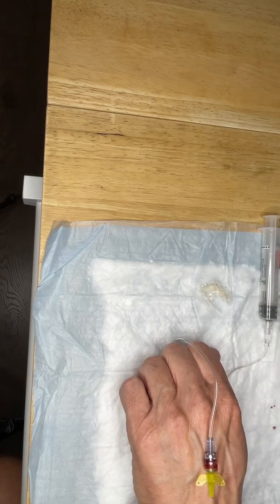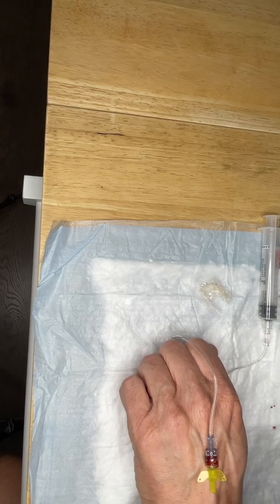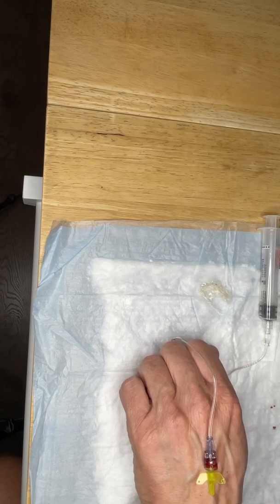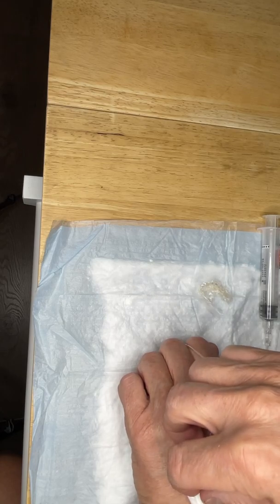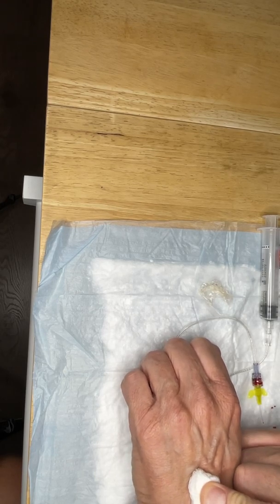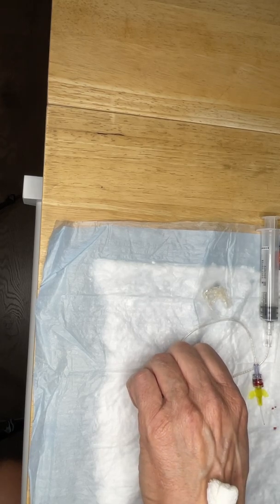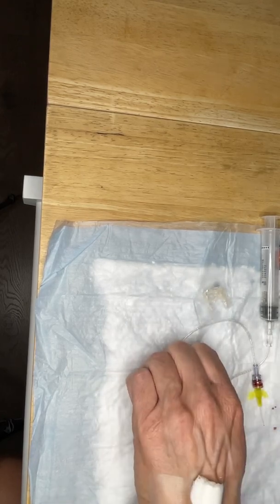So the trick I learned, in most hospitals, they pull that thing out of there real quick, but what happens is there's this little plastic piece in the vein, and the blood and vein kind of adhere to it. So when you pull it out, you rip the skin and part of the vein a little bit, and so you get a scar there and damaged tissue. So what I've learned is I put my gauze on there and pull it out slowly as not to tear it, and then hold that on there for a second. And I got my tape prepped over here ready to go. Push that on there good, and bam,